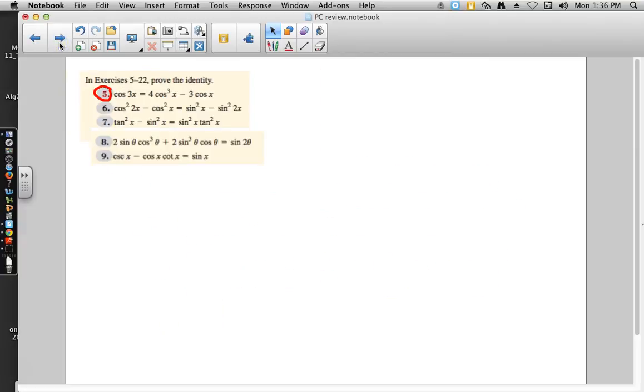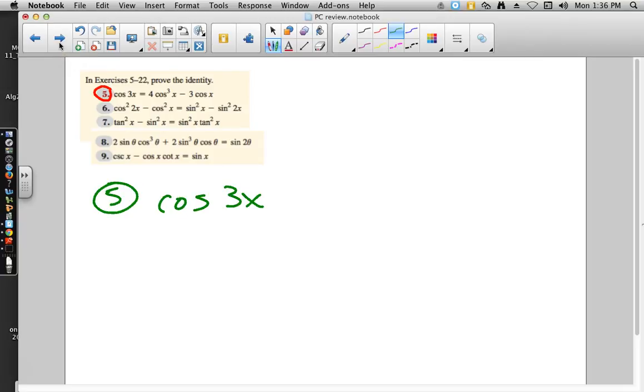So number 5, this one says we're going to prove this identity that the cosine of 3x equals 4 cosine cubed x minus 3 cosine x. And I'm actually going to start with the side that looks easy. That looks like it's the simplified side right now. But the reason that I'm going to use that side is because I know I don't have any formulas for cosine 3x, and I realize what I'm going to have to do is use the cosine of 2x plus x